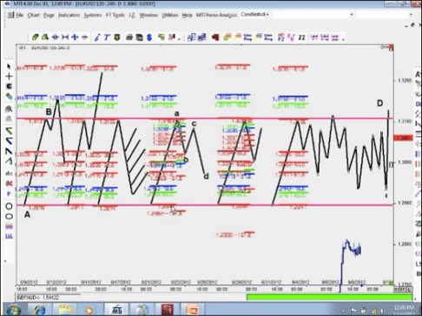Person on the left, explain to the person on the right